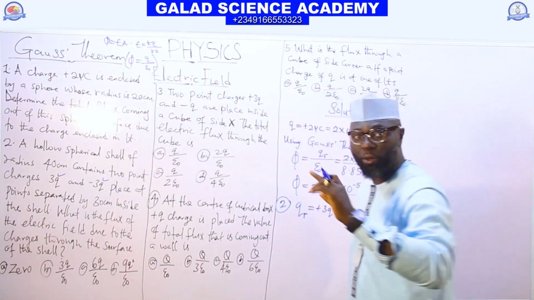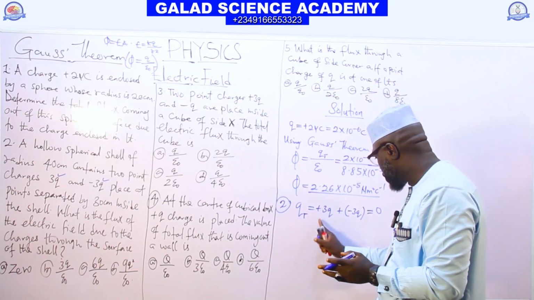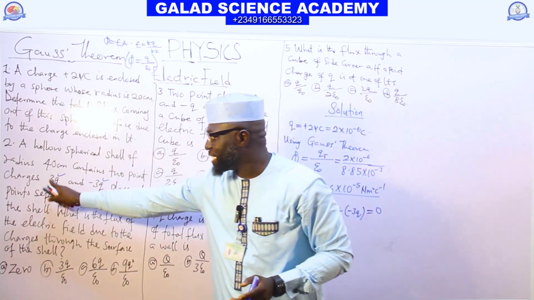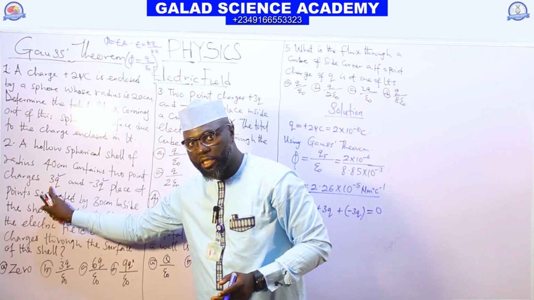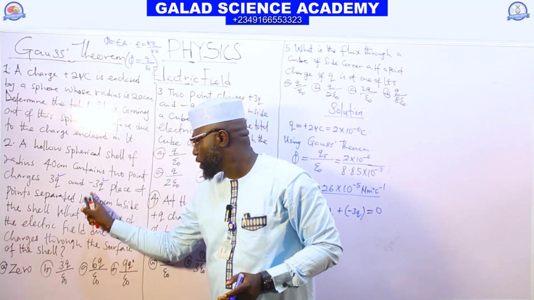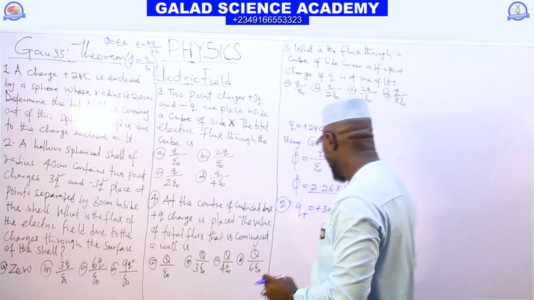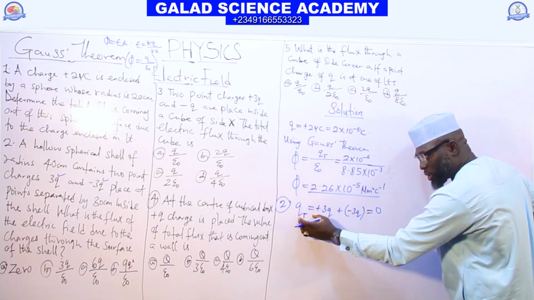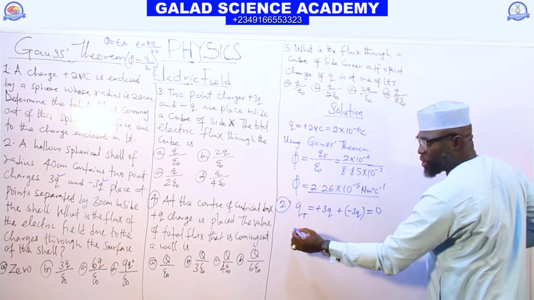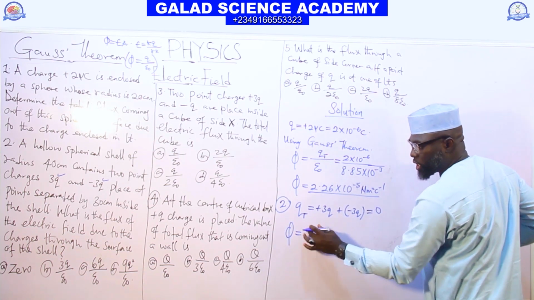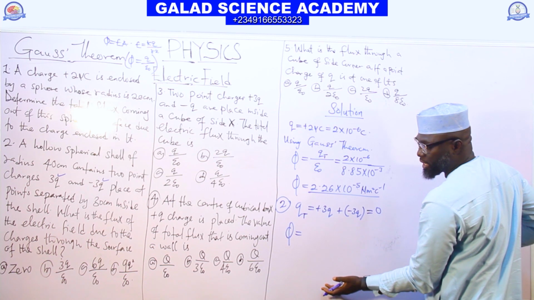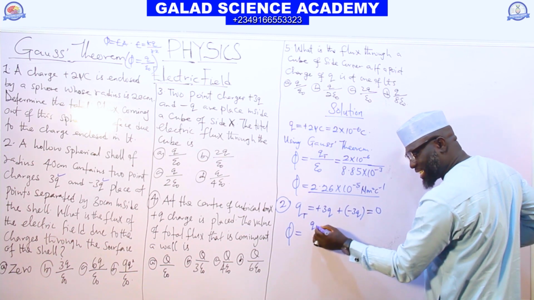The Gauss theorem says that we sum the total charge together. The charge inside the shell is 3Q minus 3Q. Sum them together, so the final answer is that our total charge is 0. Then from Gauss theorem, the flux is the total charge enclosed in